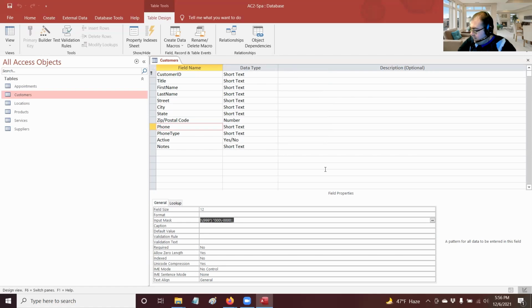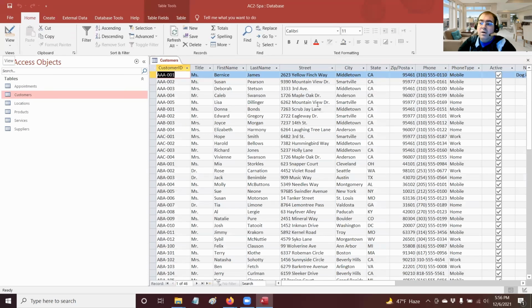And then we can go back here to save the table. And then I want to switch back to the datasheet view. So we'll go here to datasheet view. Notice now that it changed how it looks. And then it says that they actually want us,